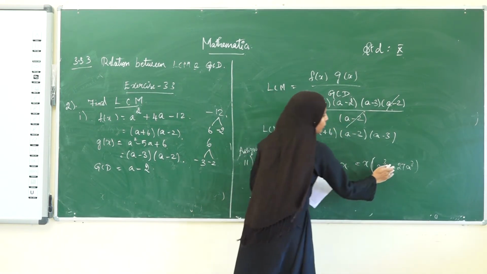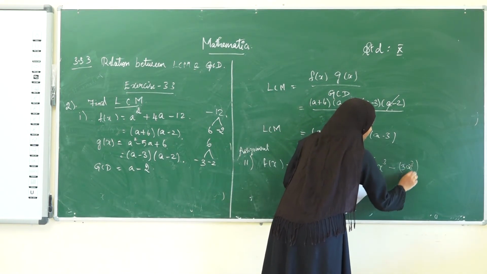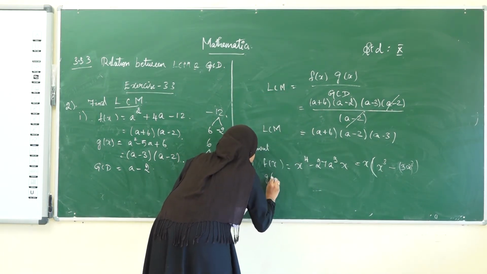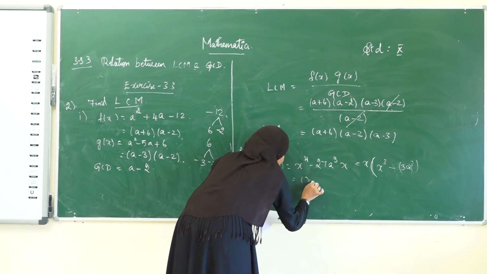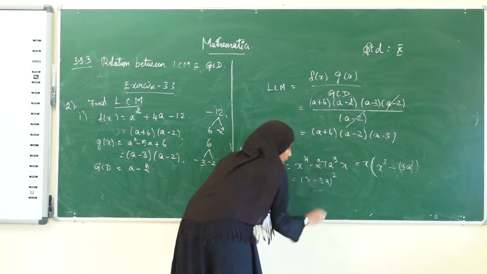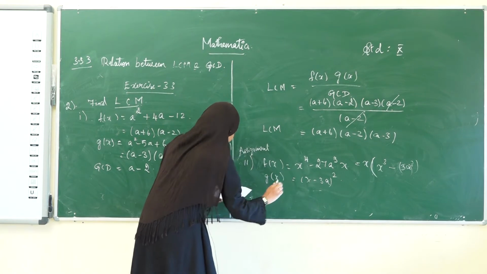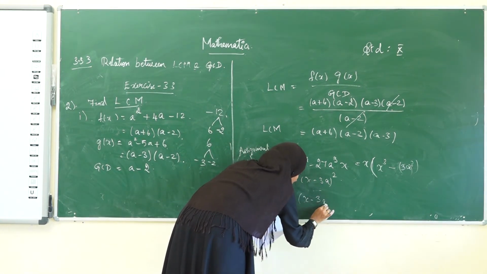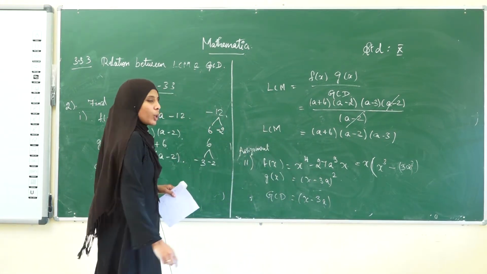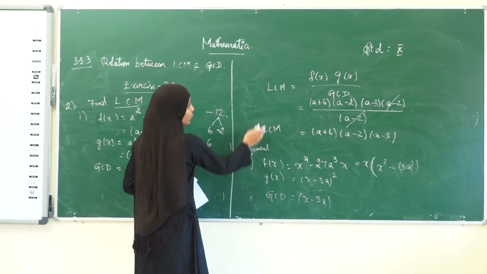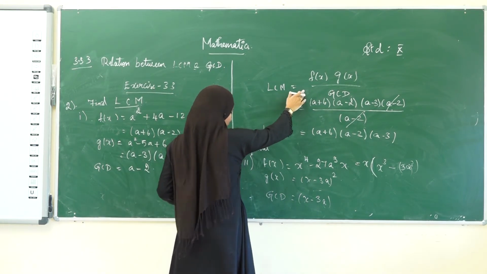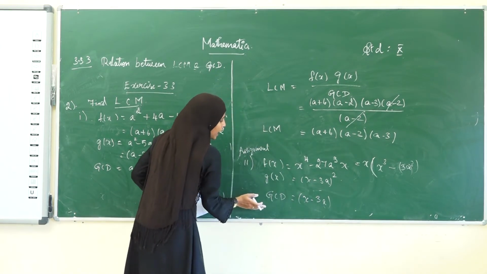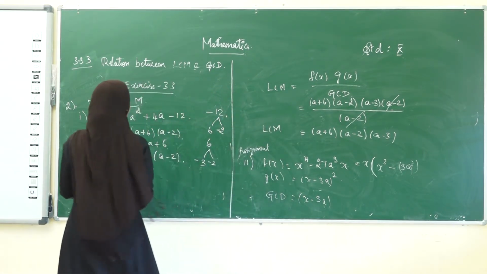See, this is in the formula. We can convert this as 3a the whole cube. The a cube minus b cube formula, we can expand it like that. And let us take g of x as x minus 3a the whole square. Let us keep it as it is, and they have given some GCD. GCD is equal to x minus 3a. Okay. Now what are you going to find? You are going to find the LCM through this formula. LCM is equal to f of x into g of x divided by GCD. You are going to substitute the values, cancel, and find the LCM. So this will be an assignment for you.